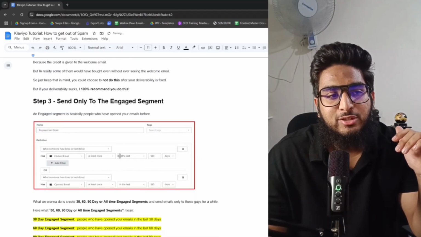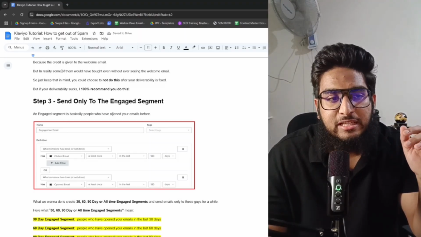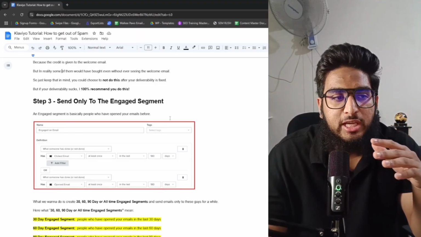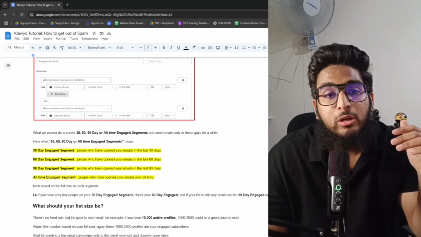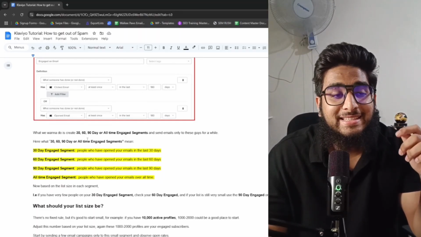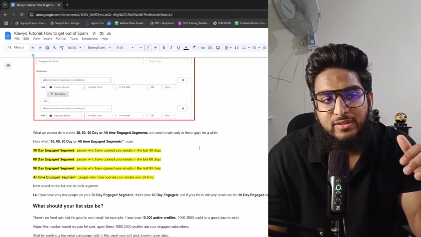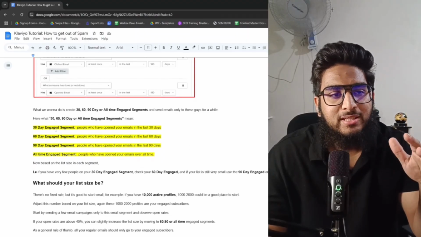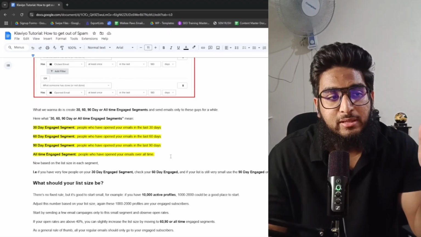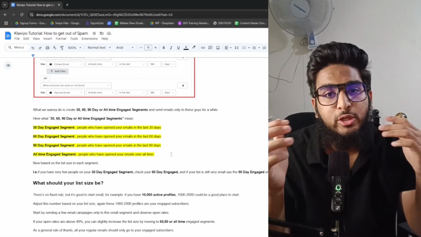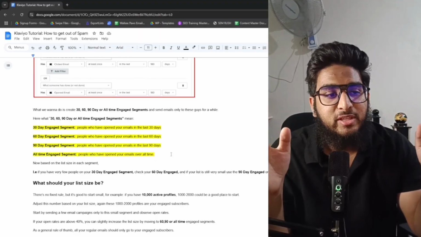So the next step is to send only to the engaged segment. An engaged segment is basically people who have opened your emails before. This is what it looks like on Klaviyo. And what we want to do is create 30, 60, 90 or all time engaged segments and send only to these guys for a while. So basically, here's what 30, 60, 90 or all time engaged segments mean. People who have opened your emails in the last 30, 60, 90 days or over all time